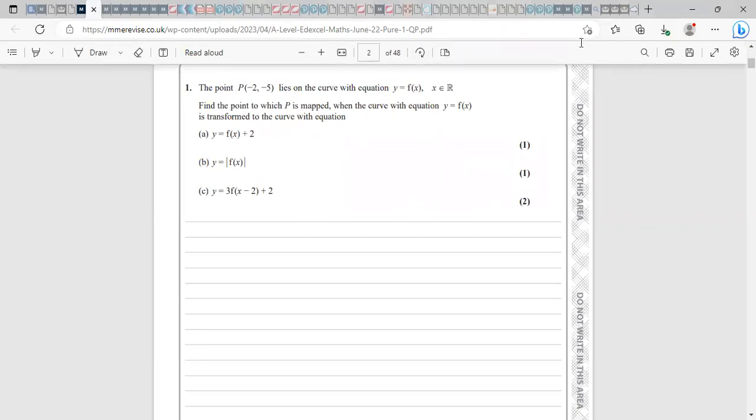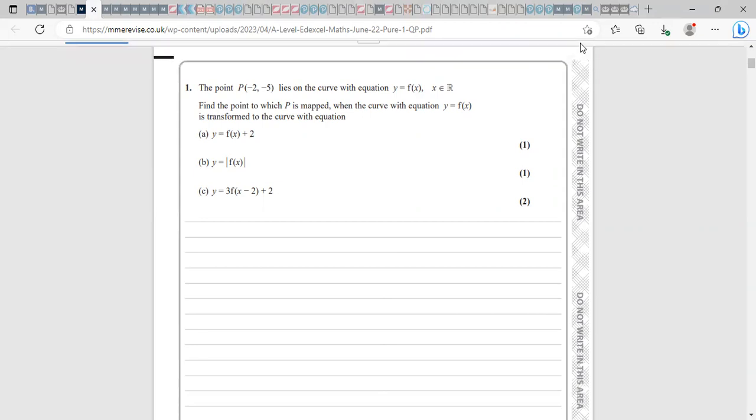a question about graph transformations and transformations of a coordinate on a function which has undergone several transformations. You've got this point (-2, -5), and it lies on the curve with some equation y = f(x). You've got some random function and this coordinate lies on this curve, where x is a real number. Find the point to which P is mapped when the curve with the equation y = f(x) is transformed to the curve with the equation